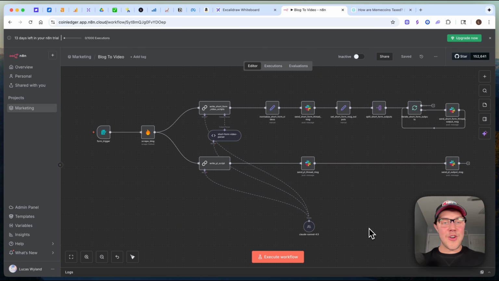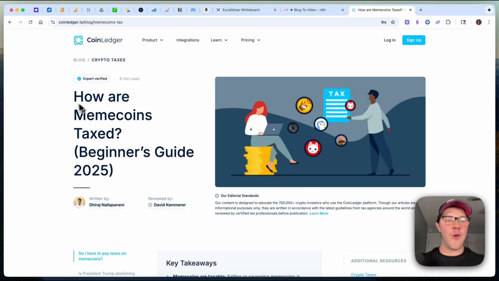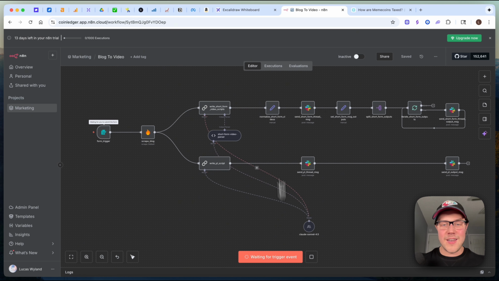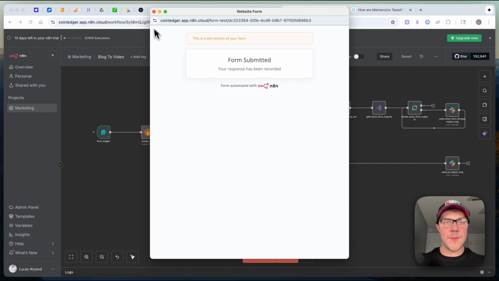Let's jump into n8n here and go ahead and kick off the full automation running end to end. That way we can see what data looks like flowing through this entire system. So I'm going to go ahead and come over to our blog, grab this How Are Meme Coins Taxed blog post, and then we're going to execute this automation and paste that in. So we'll grab that URL, paste it in here, this meme coin tax blog post, submit it,